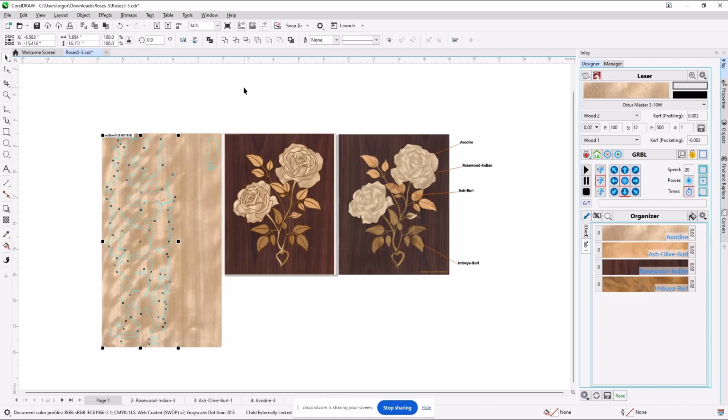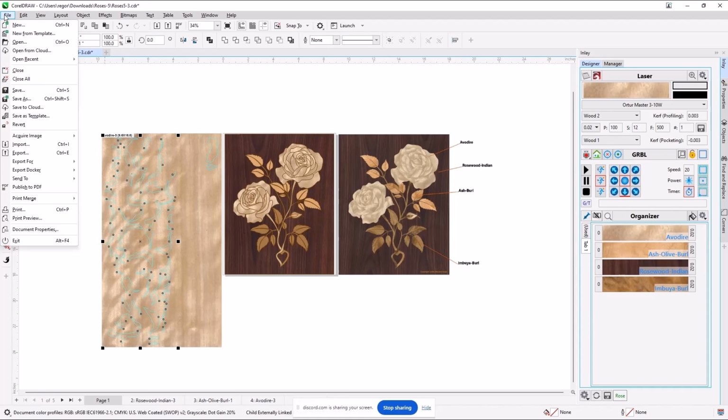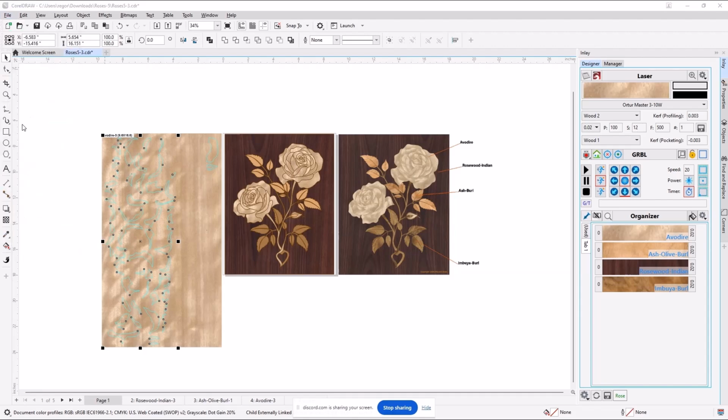So the other thing I have that we probably can get away with here is, if all else fails, you've done all of this wonderful work, you got everything done, and you go, oops, I don't want to do it. Here on the file menu is the ability to revert to the last saved when you started your session. If I had done a save at the very beginning, that would be possible. I have no idea what will happen to us, but I'm going to go ahead and end this session by reverting to nothing, I think.